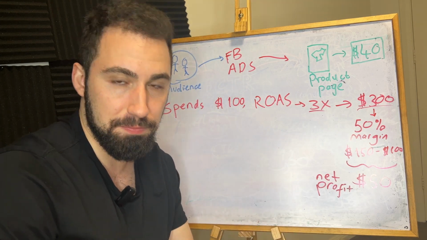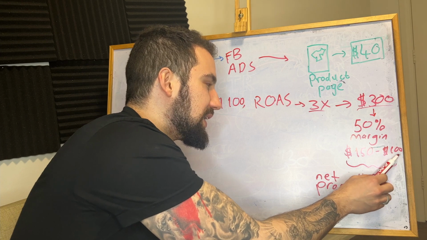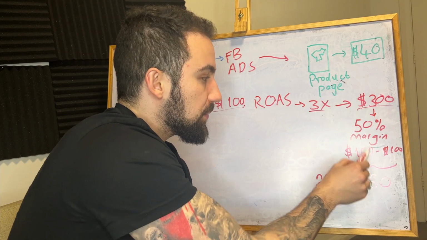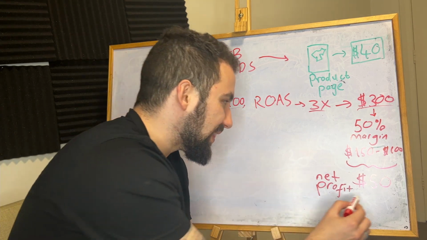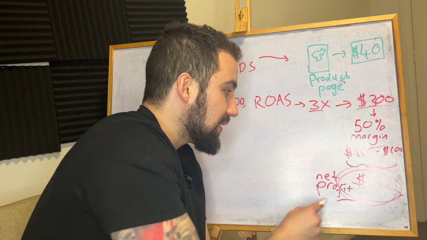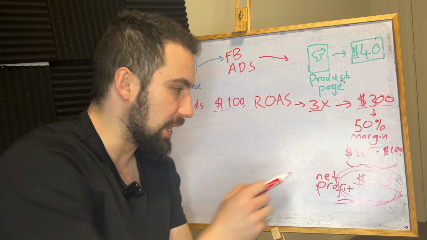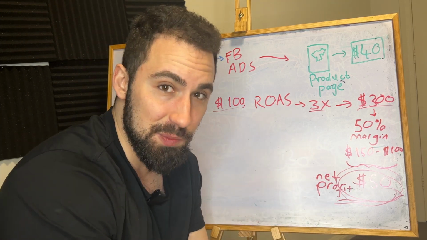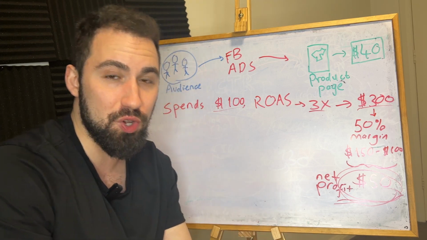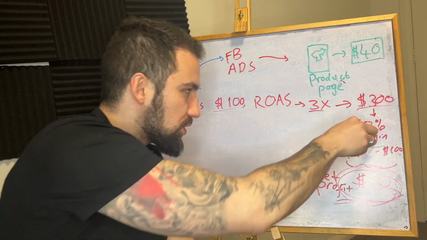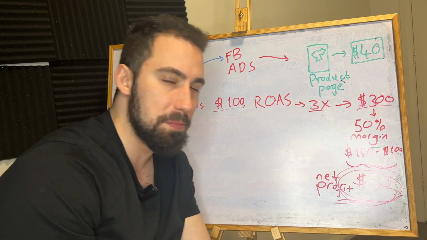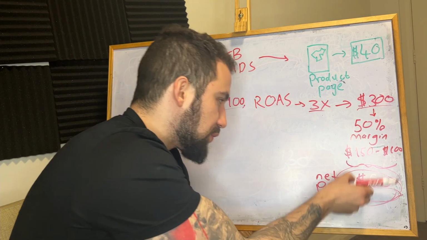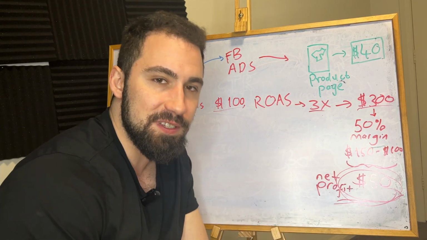You see it as a profit, but you didn't count the $100 ad spend. Let's subtract that from the $150 profit. Now you're left with $50 net, real net profit. And also you have to subtract Shopify subscriptions, plugin subscriptions, all the other manufacturing costs, the shipping costs and whatnot. You usually count that into the margin, but usually people don't count Shopify subscriptions, right? Those are not counted. So you're left with maybe 45, let's say 50 in this case.